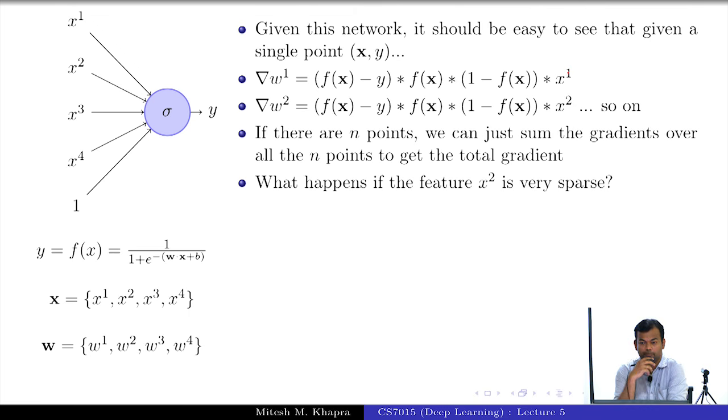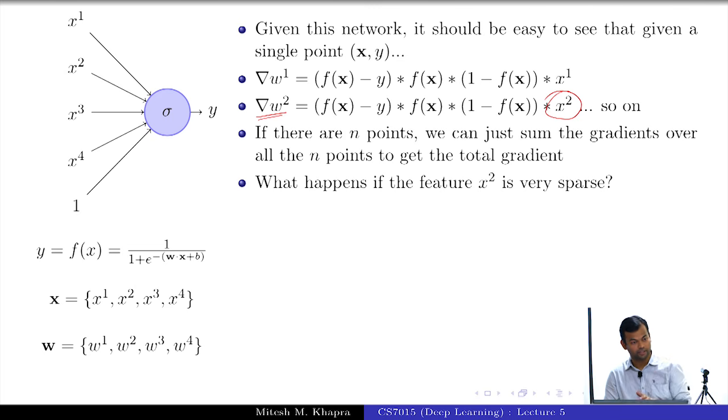Now, if the feature is sparse, why do we care about it? What do we really care about when we are talking about optimization in this course? The gradients, right? That decides how well we move in the W, B plane or the n-dimensional region that we care about. So now, if X2 is sparse, what would happen to this? It will be zero a lot of times because X2 is zero a lot of times.